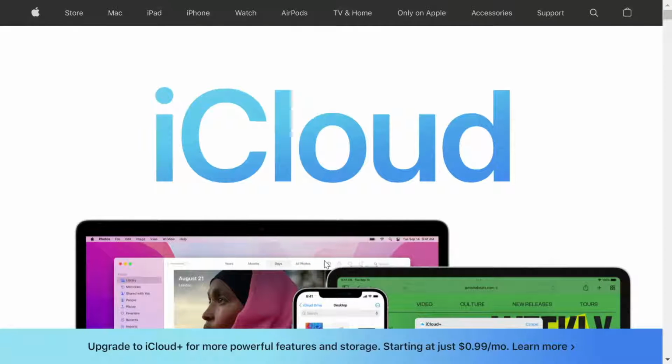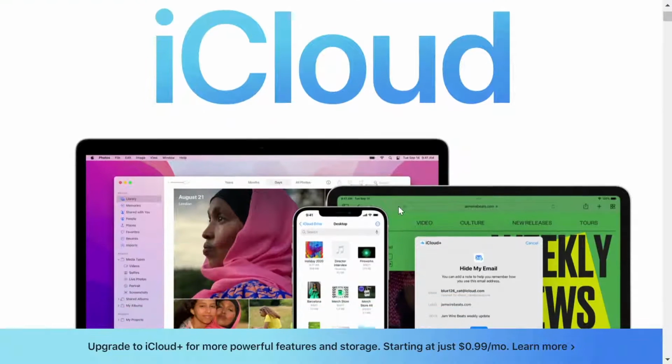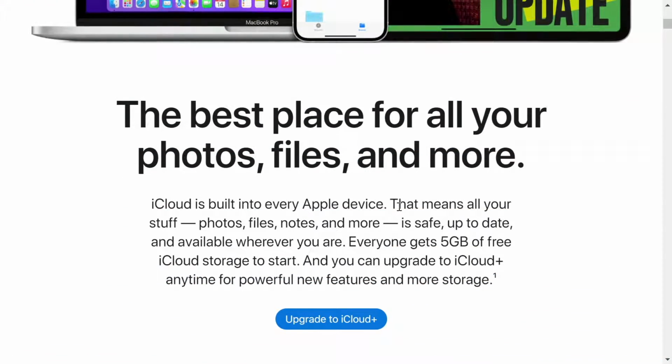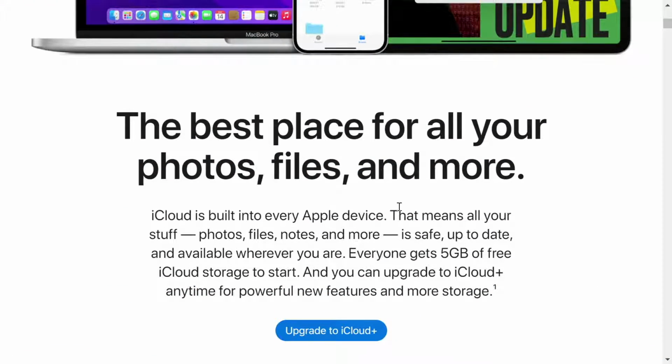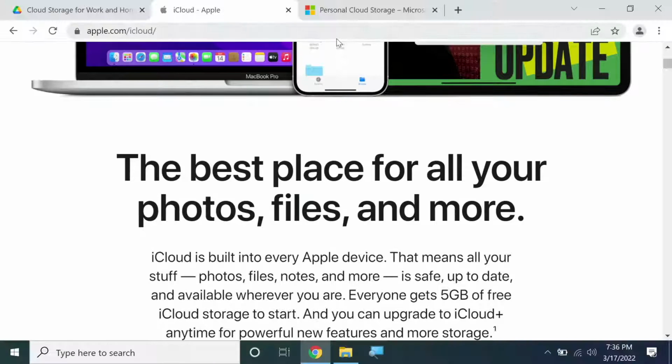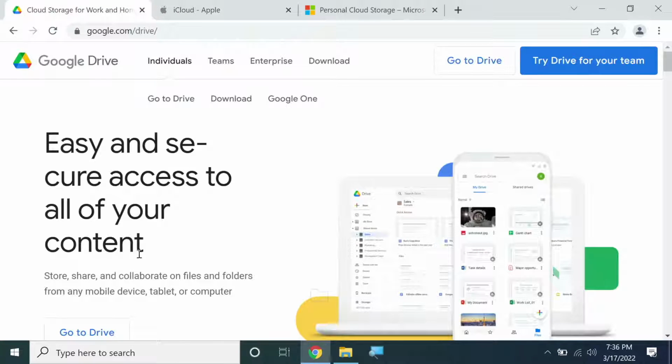I want to show you Apple iCloud. Apple iCloud is kind of upfront with their advertising there, 99 cents a month for their base package. This is going to be very, very integrated with Apple devices, obviously. Actually, let's go back to Google Drive because I forgot to tell you what Google Drive is integrated with. Google Drive is heavily integrated with